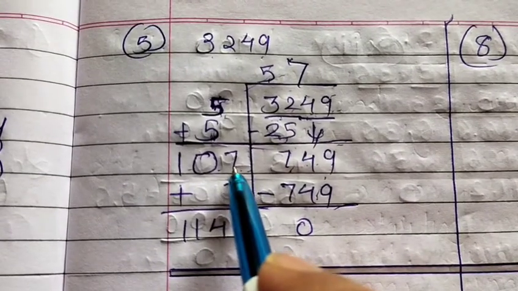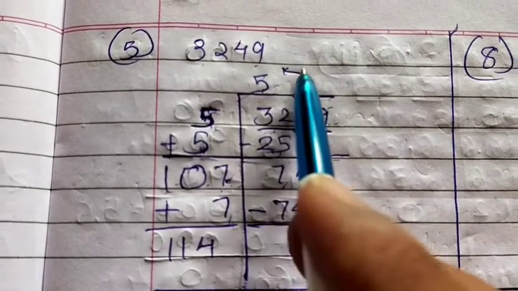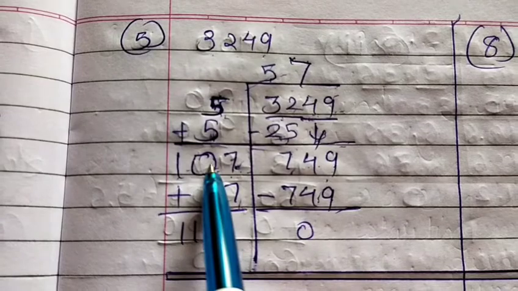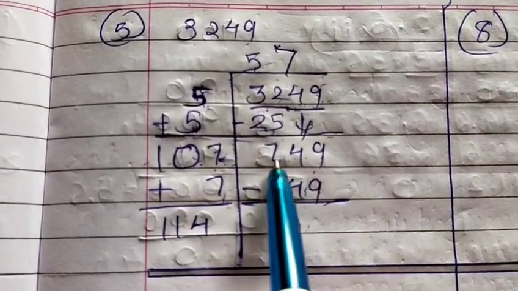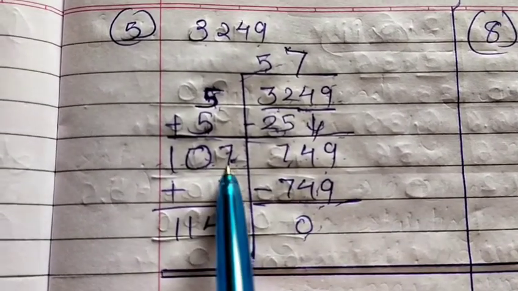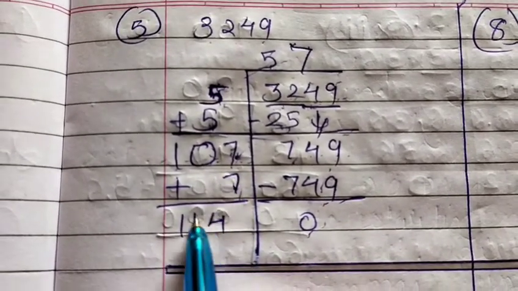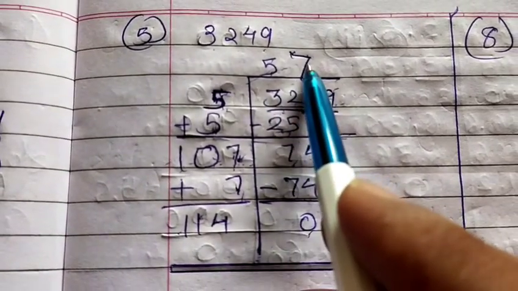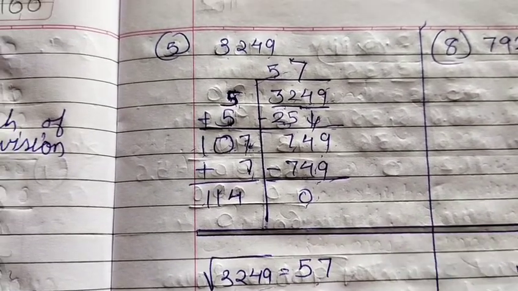When you multiply 107 by 7, because dear student, whatever number you are taking over here, the same value you have to take over here. Means 7 7s are 49, 4 carry, 0 plus 4, and 7 1s are 7. That is, I got 749 minus 749, remainder 0. Now whatever value you have taken over here, the same value you have to take over here, just twice it. So 7 plus 7, 14, 1 carry 1, that is 1. Now this is of no use. Now from this we can say that the root of 3249 is 57.